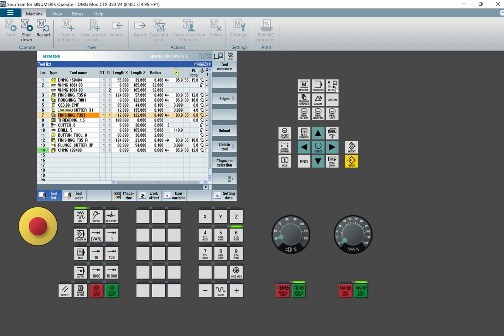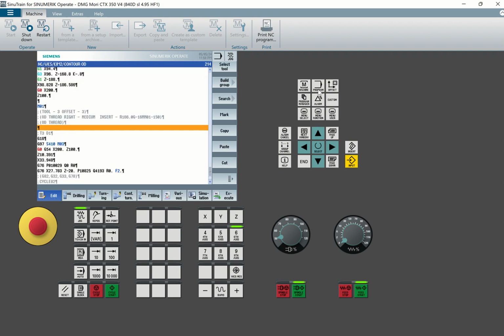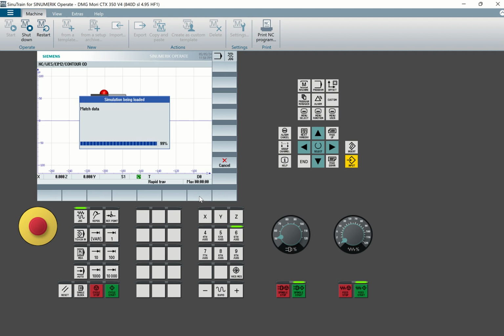Do we have a threading tool? Yes or no? So the threading tool is number 8. You need to check the threading tool and the pitch. The pitch also is important. So come to your program, then write here T8 D1 so that you can remove this. Yes, and then also ensure, okay, let me run again so that you can see how to troubleshoot your program